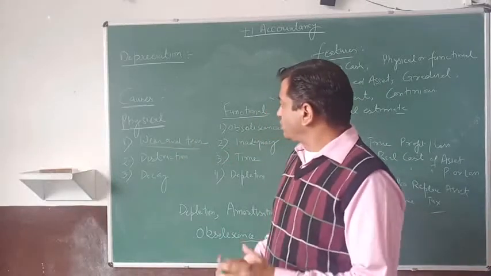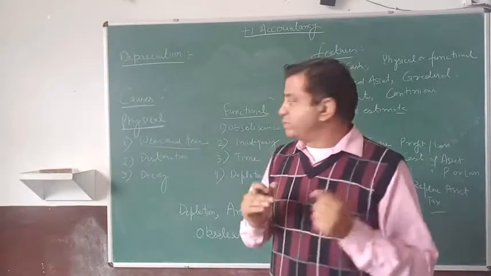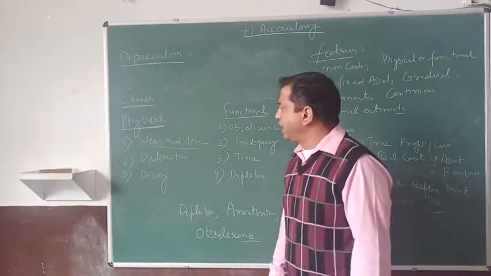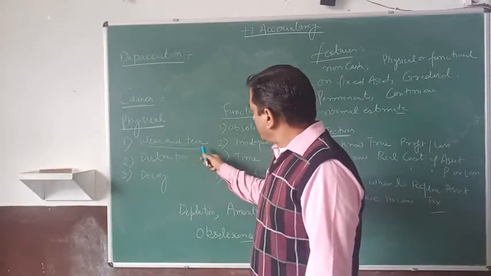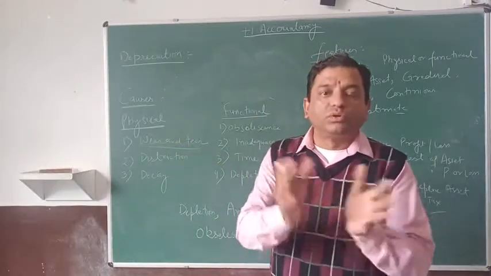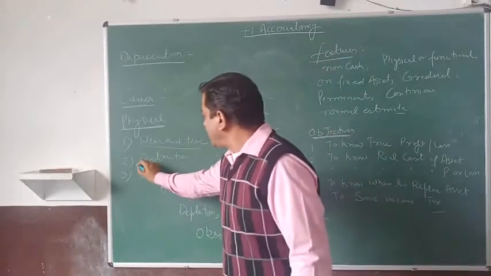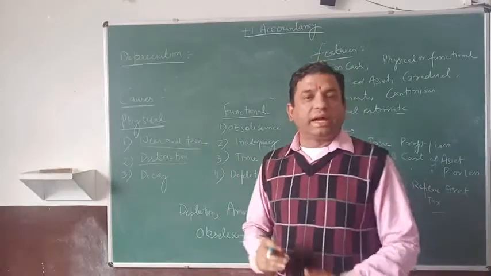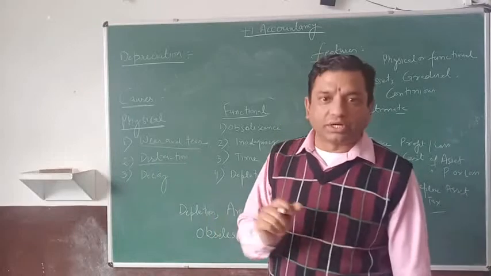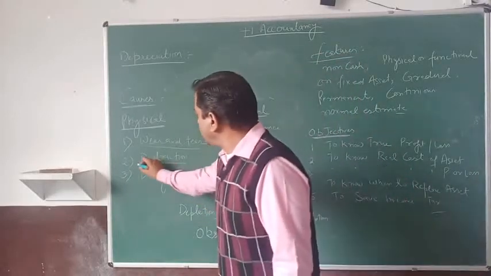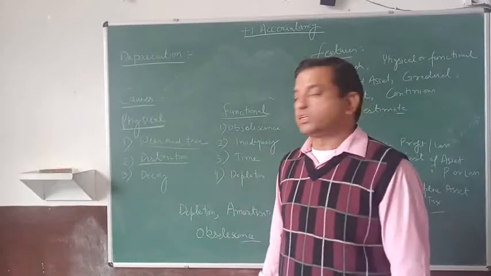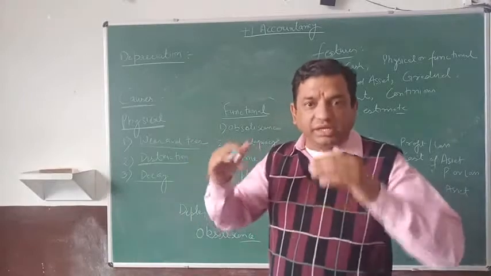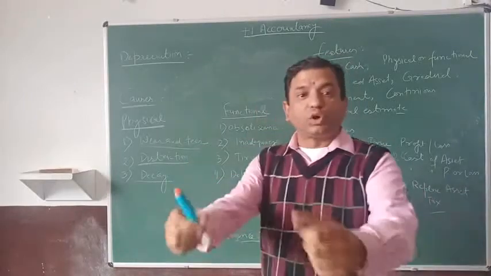In physical, the very first is wear and tear. Wear and tear stands for the very small breakage, small decrease in the capacity of any particular asset. What you can call in simple language, the normal wear and tear in the condition of any asset. Second is destruction. With the use of asset, sometimes the asset gets destroyed up to a certain limit, means the decrease in the efficiency of that asset is called destruction. Third, decay. Decay is also a decrease in the efficiency, but because of natural factors